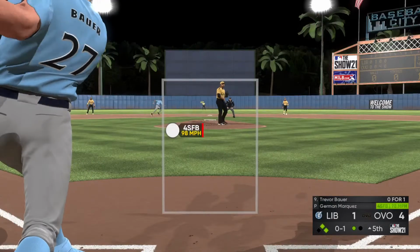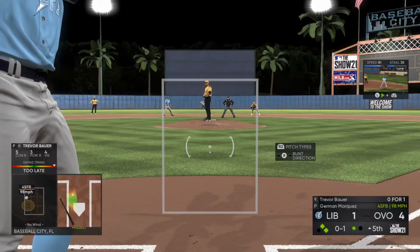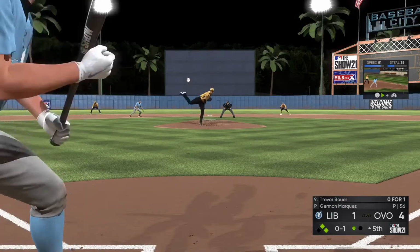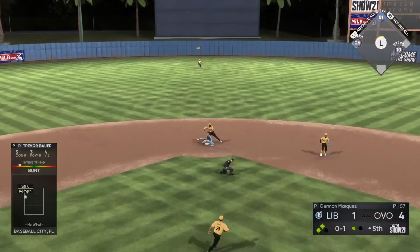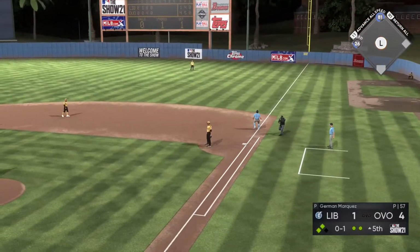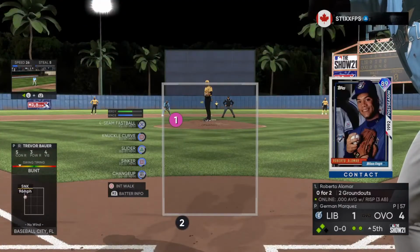At the plate, Trevor Bauer, as he swings and misses at a first pitch fastball, 0-1. Drops one down here, and he'll try to beat it out. And he'll just beat the throw to second. He's in there. And the off-balance throw gets him. Nice play for the out. The batter,